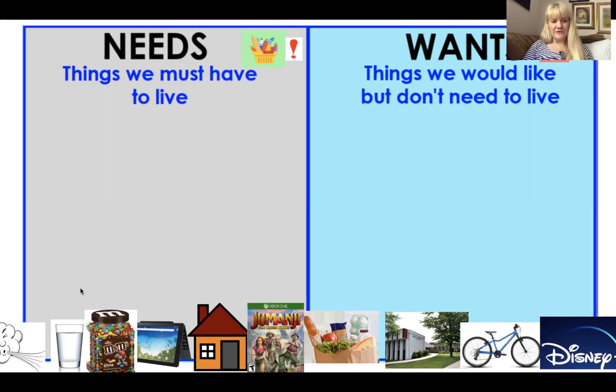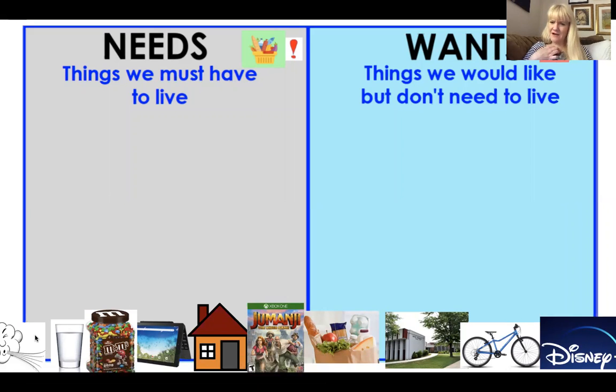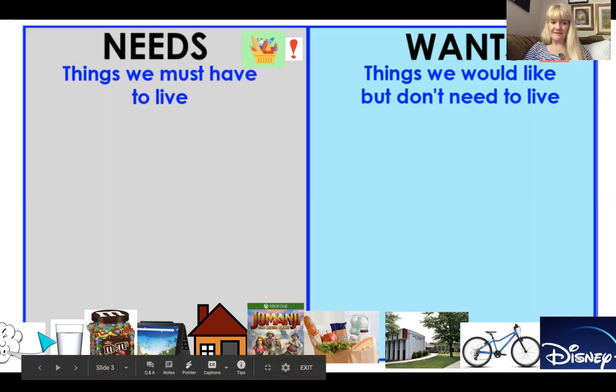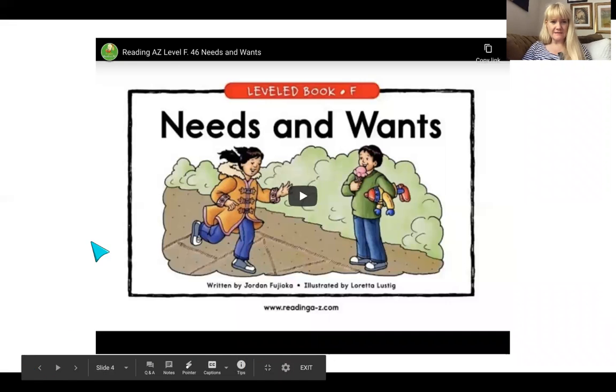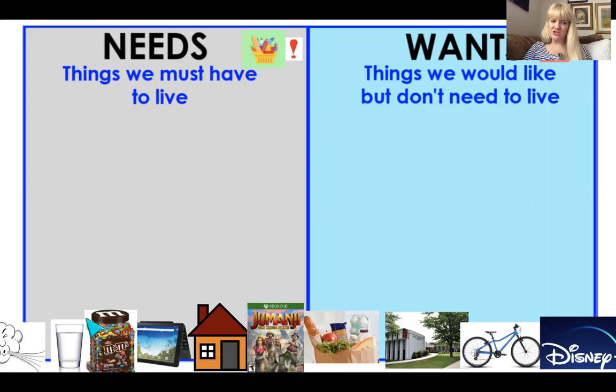So let's review the pictures that we have here. We have a picture of a cloud blowing, and that represents air. So do we need air? Do we have to have air to live? Yeah, we sure do. We can't live without air. So, whoops. Oh, I always do that. So we need to go back a slide. So you would drag the picture of the air onto the side of the screen that shows the needs. Okay, then you make the same decision about water,